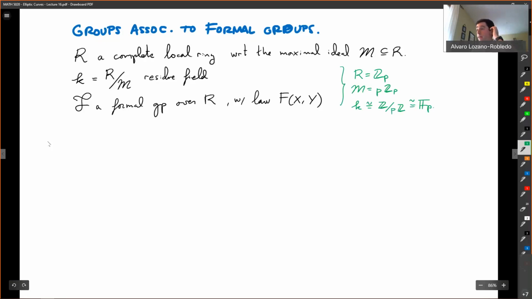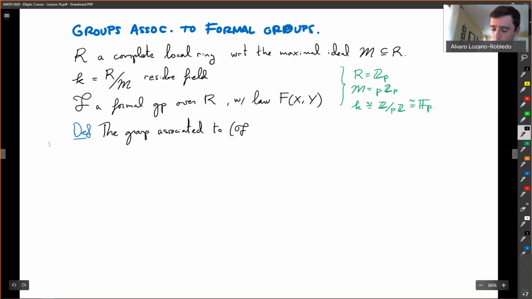Okay, and so if I have a formal group, now I can attach a group to it, the group associated to the formal group, denoted